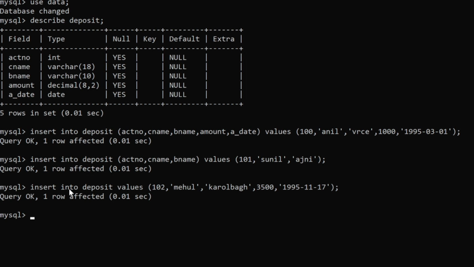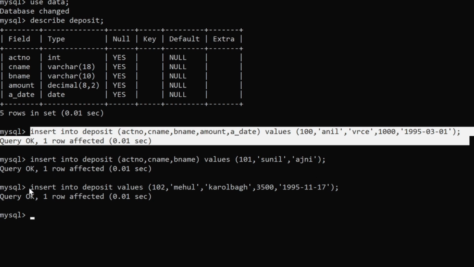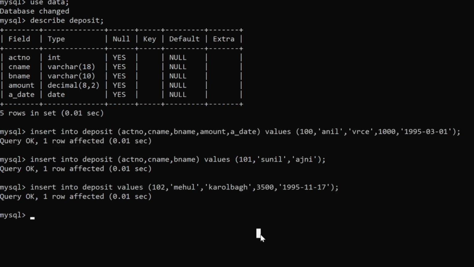So here you can also see that one row is affected. Means instead of the earlier syntax, you can write this syntax. But here you have to make sure that all the values should come. If any of these values is missing, then this syntax won't work. Means for all the columns only, this syntax will work. So this is all about the insert command.